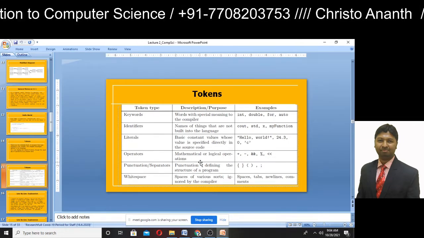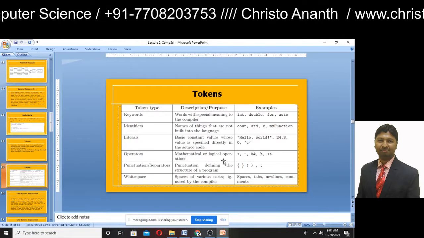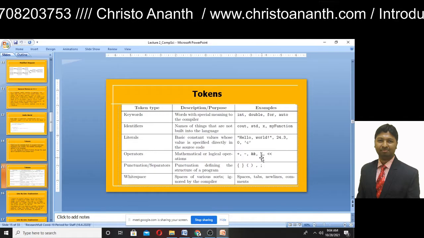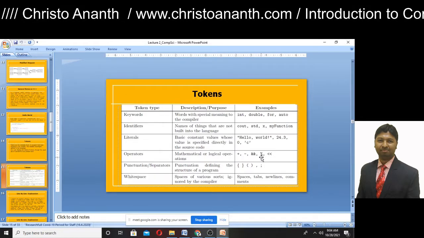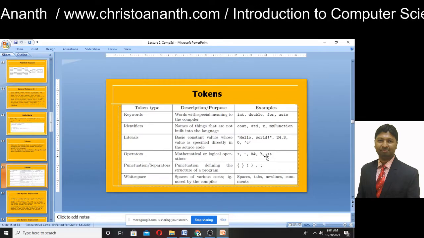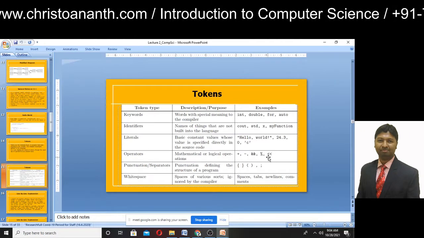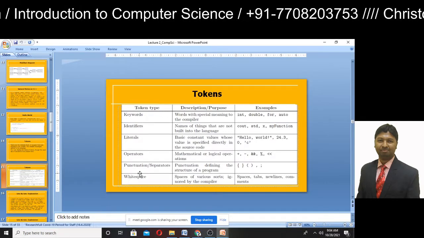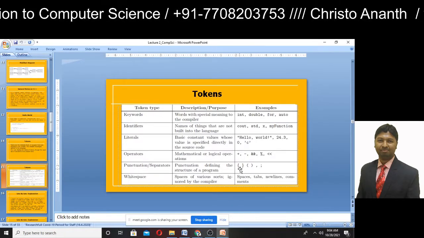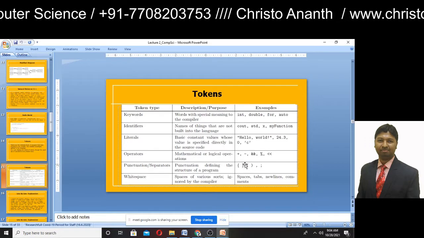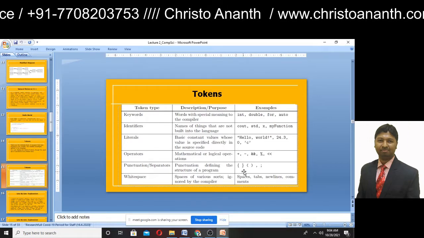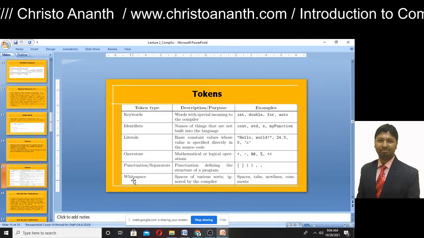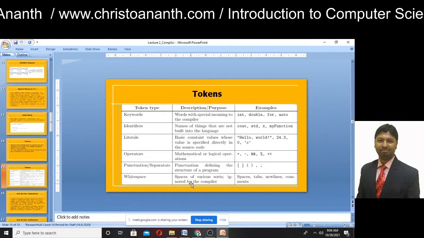Operators are mathematical or logical operations. So you have plus, minus, double ampersand symbol, modulus, and then input or output operators, like increment or negative. And then you have punctuation, like starting as well as closing braces, and then the semicolon. And then the case of white space.